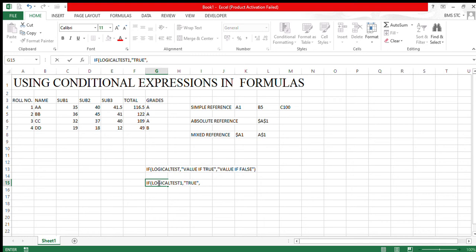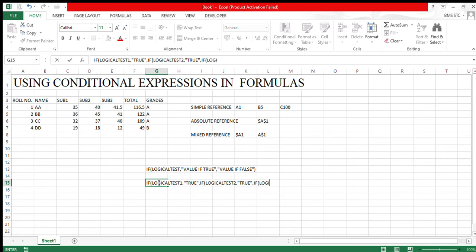For nested if, I already told that we are going to replace the false argument value with another if. So if the first condition logical test 1 is true, then the true value will be given as an output. Else I have to check another condition, right? So if another logical test 2, comma, its true statement, else I have to insert another if